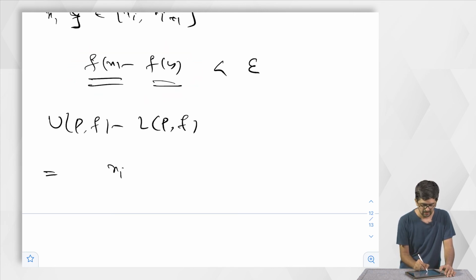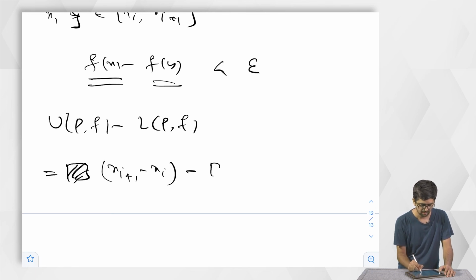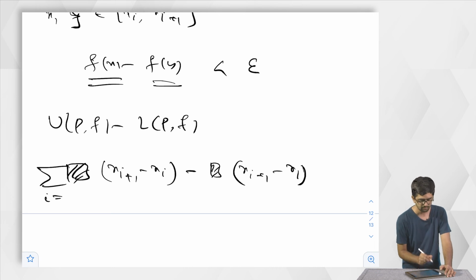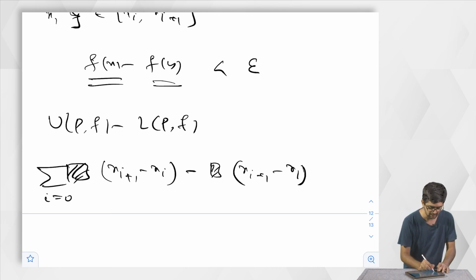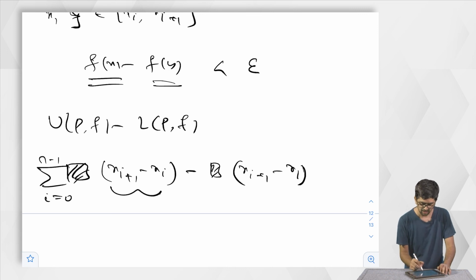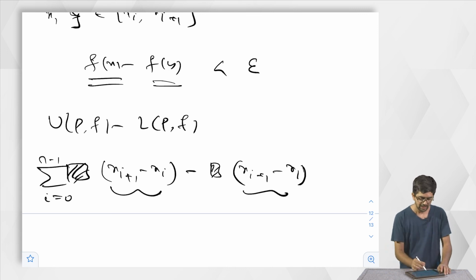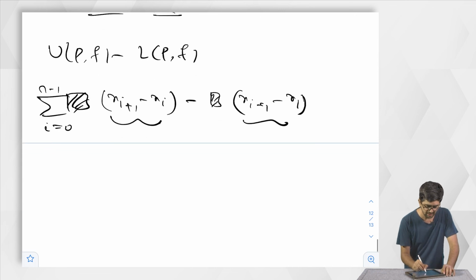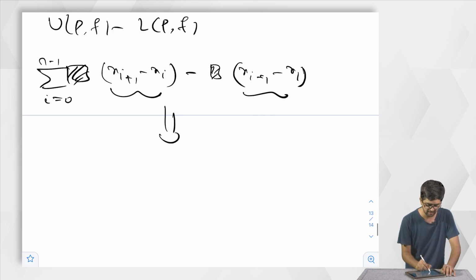So the sum of xi plus 1 minus xi times something here minus xi plus 1 minus xi, taking the sum over all indices i equal to 0 to n minus 1. Now this is common, of course I can take it out, and each element is less than epsilon. So this whole thing will be less than or equal to epsilon times